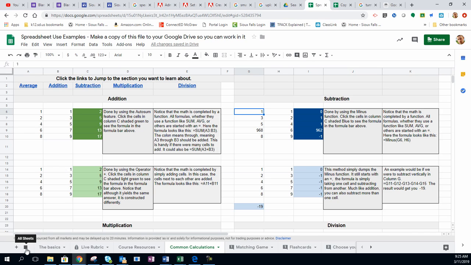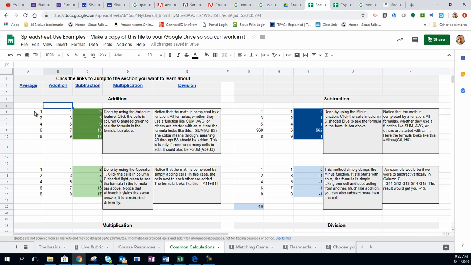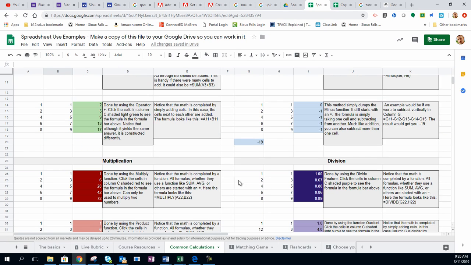From there, if you go to this tab down at the bottom, I'm working off the Common Calculations worksheet. Now I've got averages, addition, subtraction, multiplication, and division. And with this I've got two different examples for both addition and subtraction. If you click in these cells, you can see that they've got a little tutorial and kind of explain what's